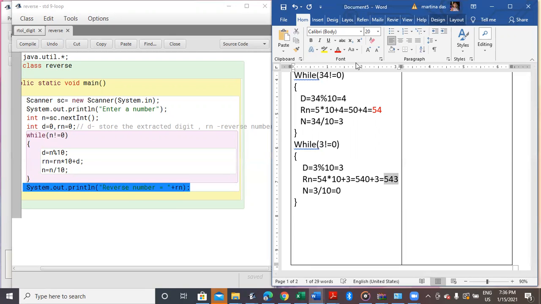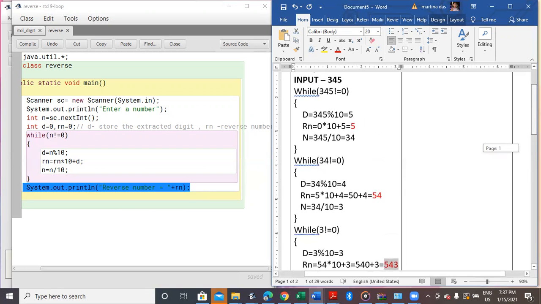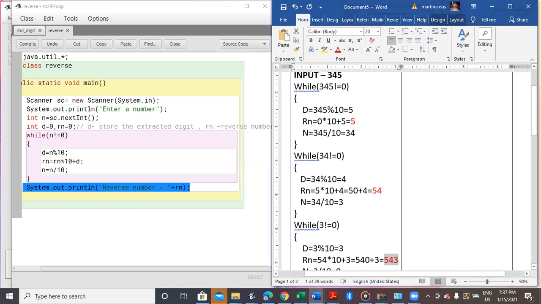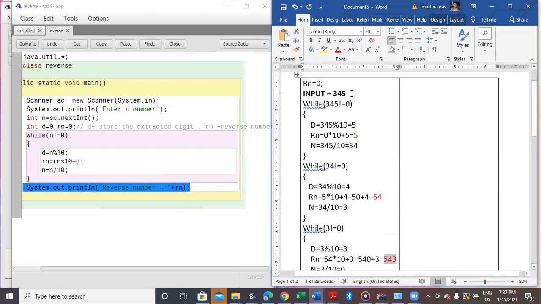That is 543. So you can see my reverse number 543. So I have come from my input 345 to 543. You can see my input was 345, and now my output has become, the last value is 543.